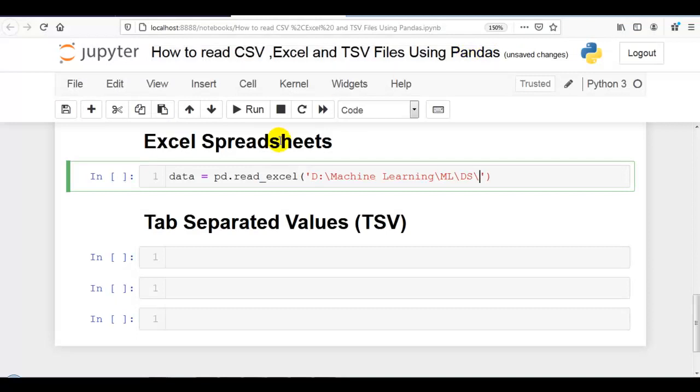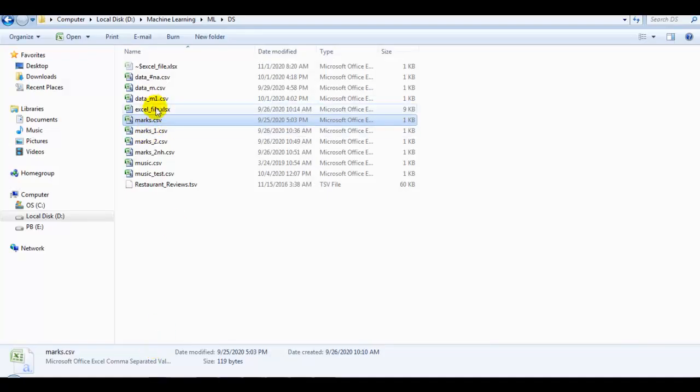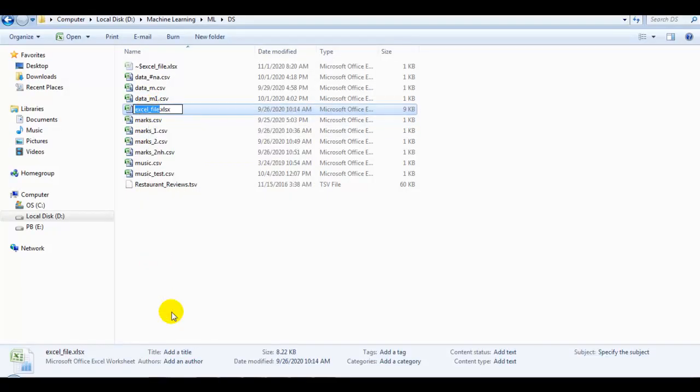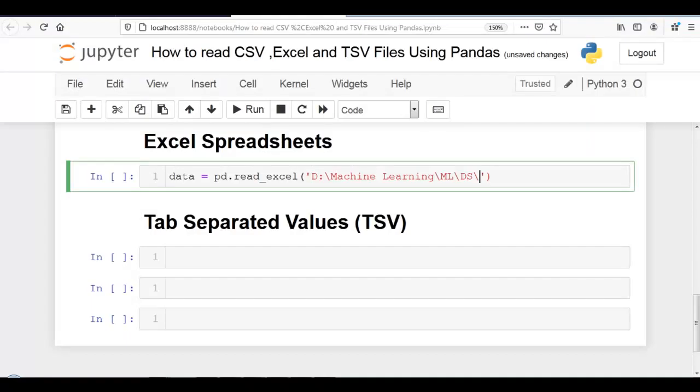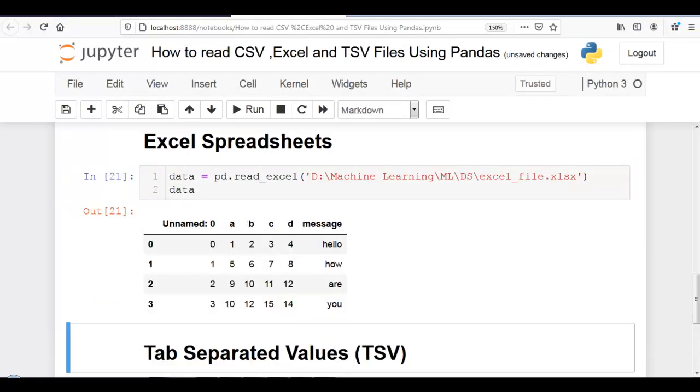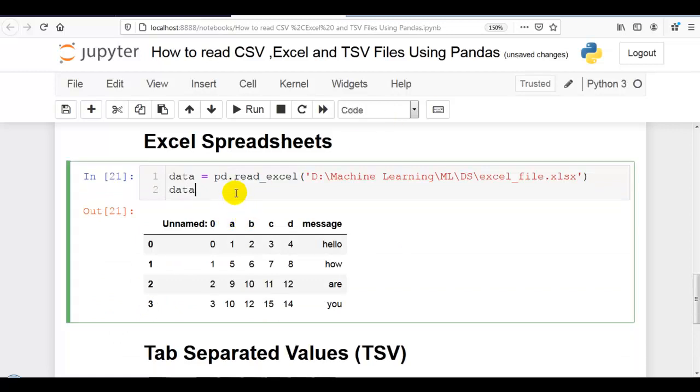Slash, we have to give our file name. I have renamed it excel_file, with the extension as you know, .xlsx. And let me print the Excel sheet over here. Now you can see our Excel file is successfully printed in our Jupyter environment.